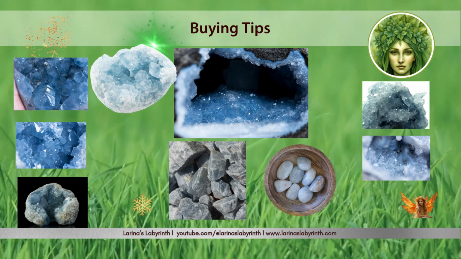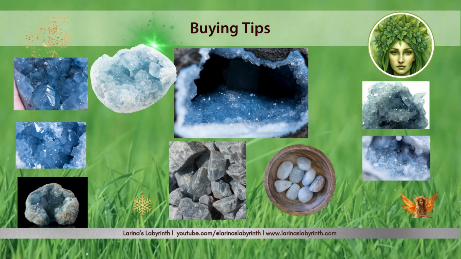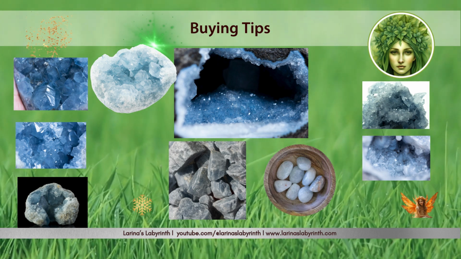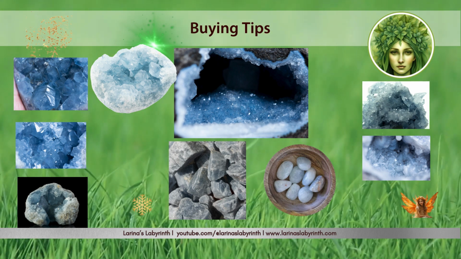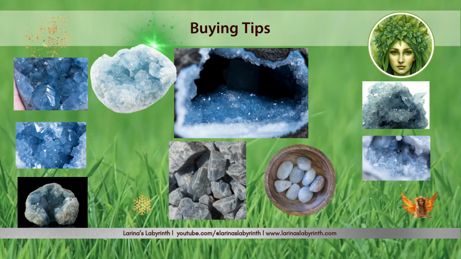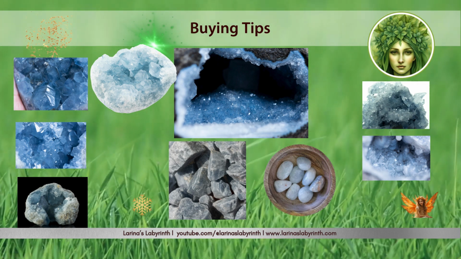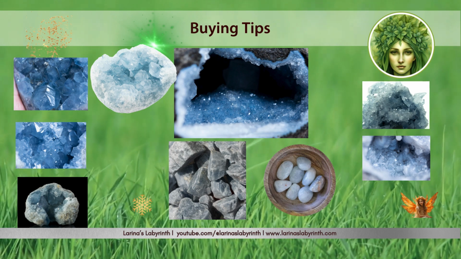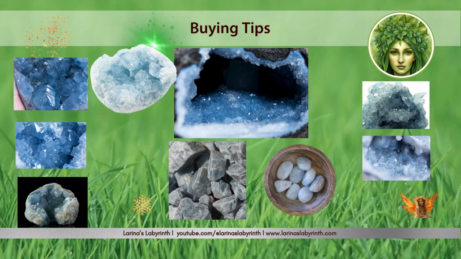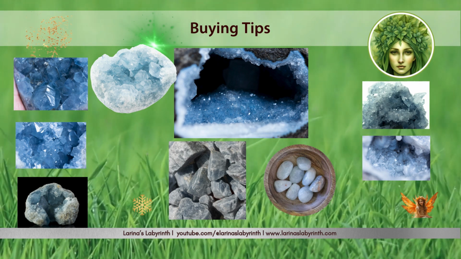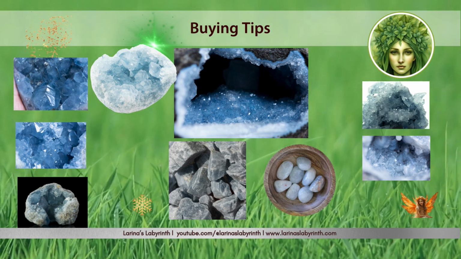I wanted to have that particular egg there to show you that there actually is a difference in the shades of blue, which you should be starting to pick up on by now. Those two images on the left, I believe that the guy that named Celestite did so because he must have had a piece that had those colorings. But I've got pieces that are this beautiful, very pale light blue as well. And then when you go over to the right hand side, you see that cluster there that looks a bit on the grey side, a bit mucky and dirty.